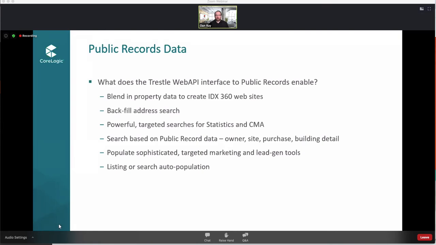As you know, public records can be used for a whole lot of things. Backfilling address search, being used for lead gen like crazy. I was talking to a friend of mine who's in the business of blowing insulation into attics, aftermarket insulation install. We were chatting about this, and he realized he could search for properties in a certain county, built within a certain range of years, with a certain class of attic. And to postcard those folks kind of blew his mind. So that's all totally the kind of thing that the public records data is going to make available.